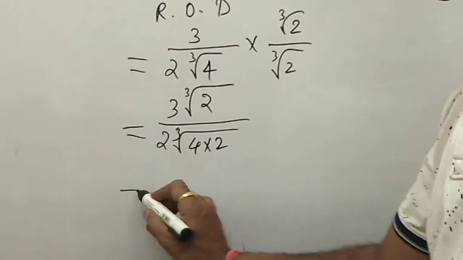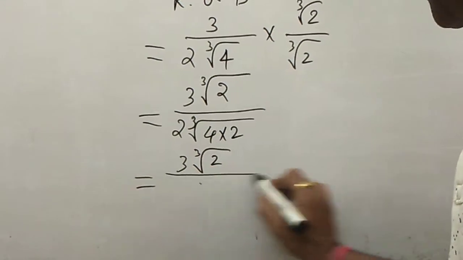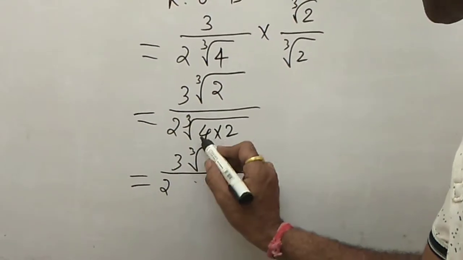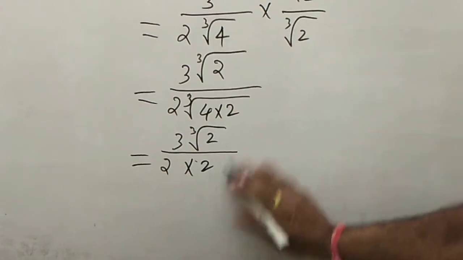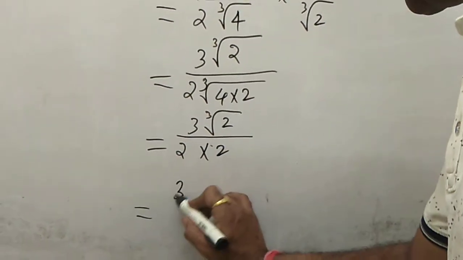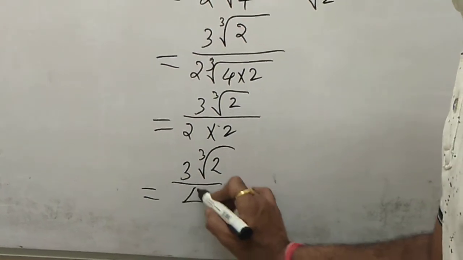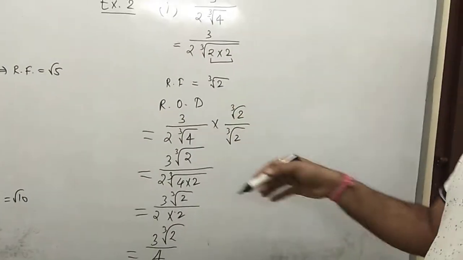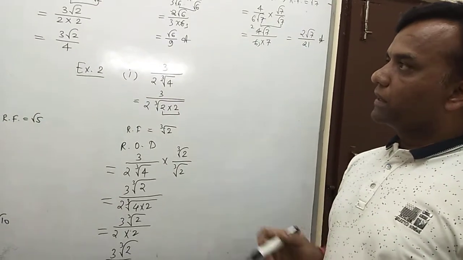4 into 2 means you have 3 cube root of 2, and then simplify this term, 2 into 2 into 2, so you have 2. So your answer is 3 cube root of 2 and then by 4. Okay, so this type of variety of the questions also may be discussed in your topic, because this is also